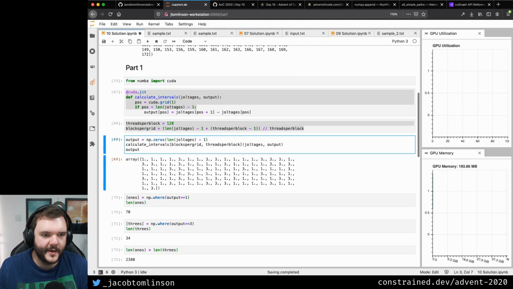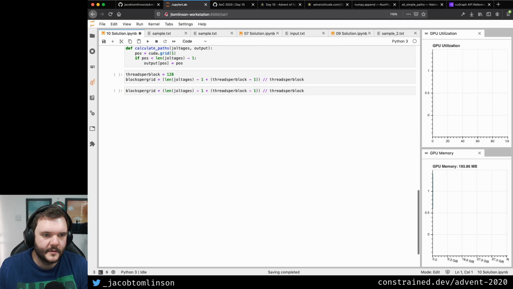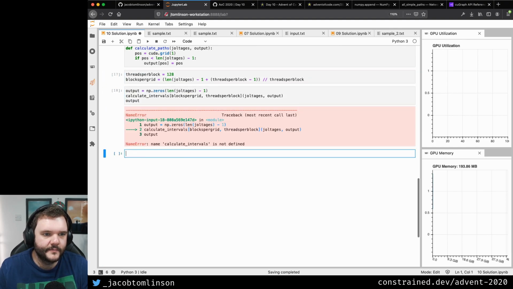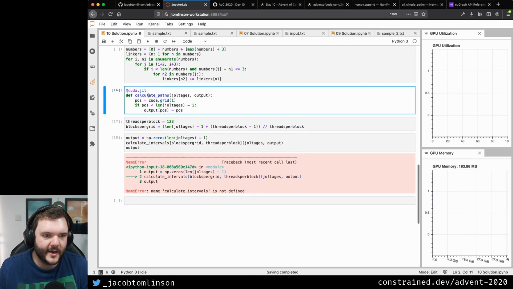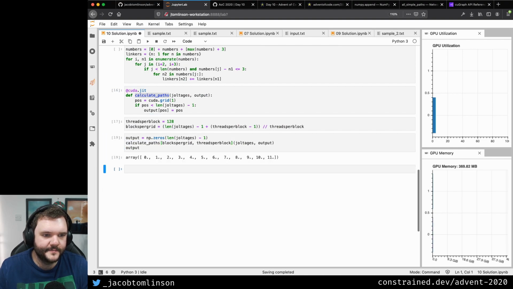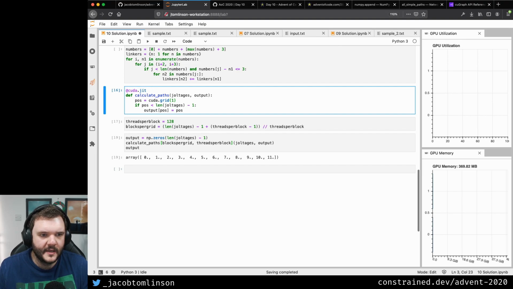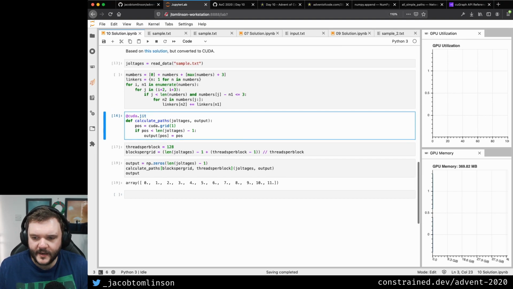Not doing very well with my copying and pasting here, am I? Right, we run those, and it's now called calculate paths. Okay, so we now have an array of our things here. So what we're doing is